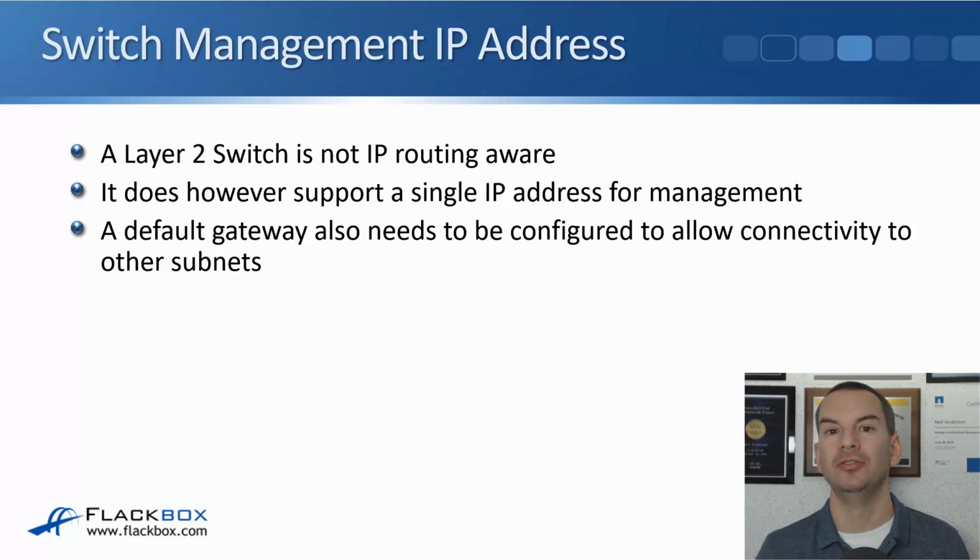So the first thing we needed to do there was to configure an IP address. You already know how to configure an IP address on your router. We covered it on the switch before as well, but I'll just give you a quick reminder here. So a layer 2 switch is not IP routing aware. It's a layer 2 device. It does, however, support a single IP address for management so that you'll be able to Telnet or SSH into it. A default gateway will also need to be configured